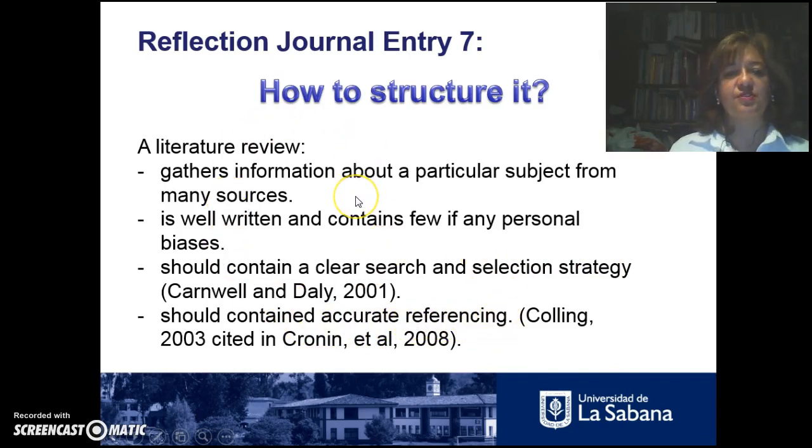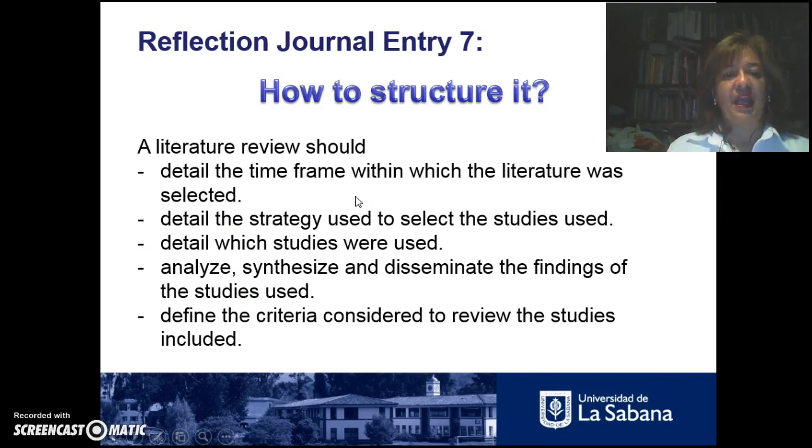So this is the structure of a literature review. A literature review should detail the time frame within which the literature review was selected. So you have to say at a certain point that it was the 19th, the 20s, etc. Detail the strategy used to select the studies. Detail which studies were used. To analyze, synthesize, and disseminate the findings of the studies used, and to define the criteria considered to review the studies. So when you finish your literature review, this is what is expected to be done and to be expressed